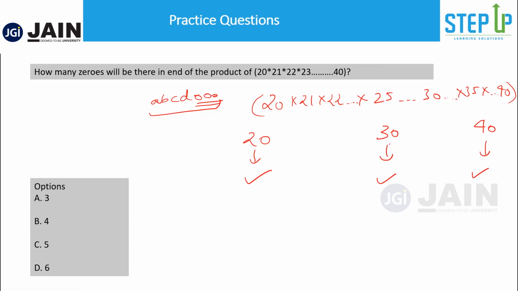Will a zero come from anywhere else? Yes. You have 25, you have 35. A zero comes from a zero, or it comes from a combination of a 2 and a 5. And here 2s are anyways in plenty, because every other number is an even number. That means 2s would be in plenty. You just have to see the limiting factor, which is 5 in this case, meaning just look at 5. So how many 5s are there? You have a 25 and you have a 35. That means not only will 20, 30, 40 give zeros, even from here you will get a zero, and even from 25.